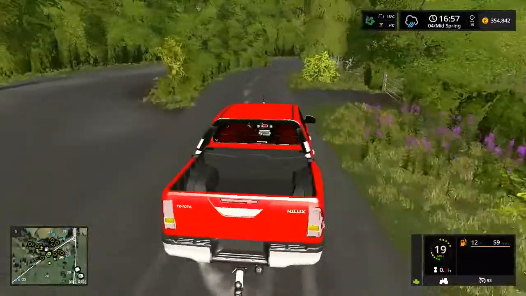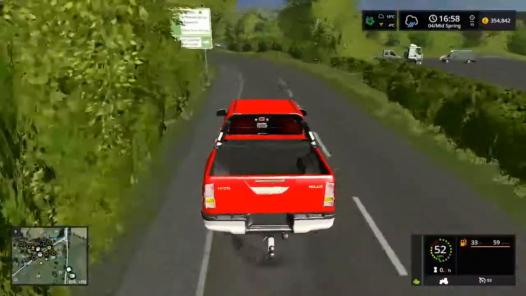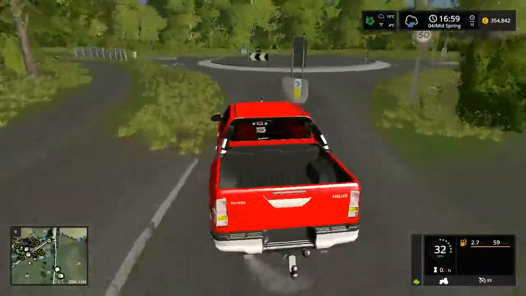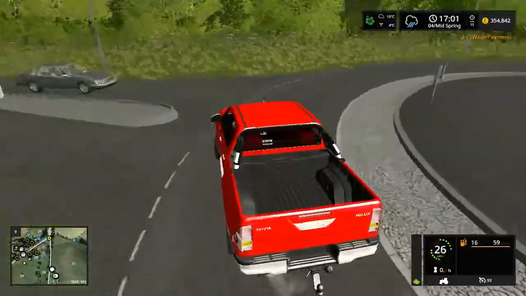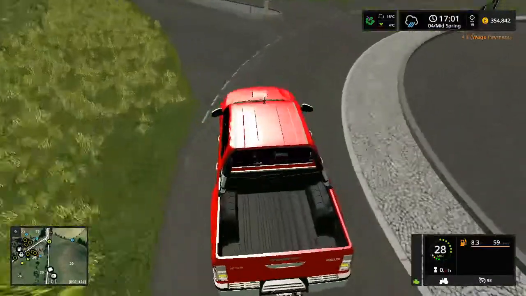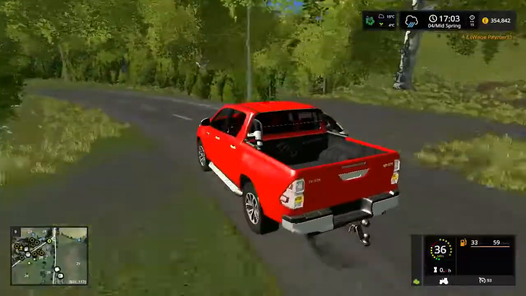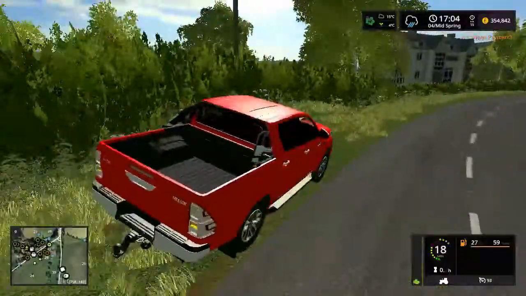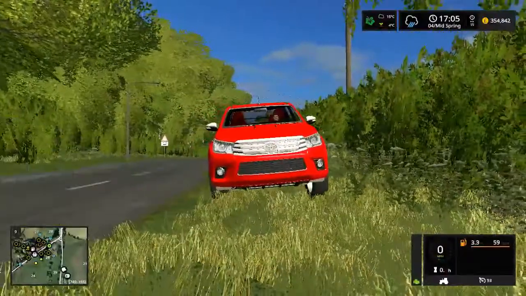So we'll just quickly take this a little spin. It does feel much more realistic. Definitely a win-win. They've done some work on it from the last time I used it, and improved it dramatically. I'm very happy with that. So yeah, we now have the Toyota Hilux, an absolutely amazing looking mod. It also has the ability to go through signs. So let's see what it looks like with its